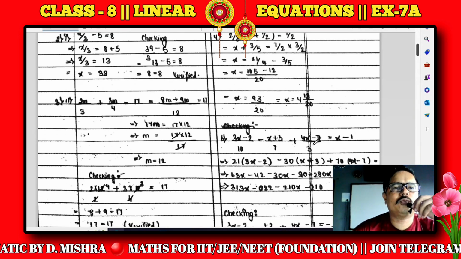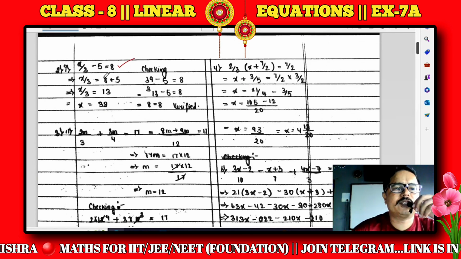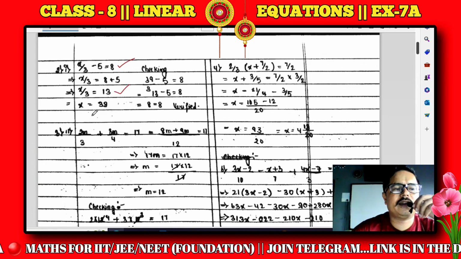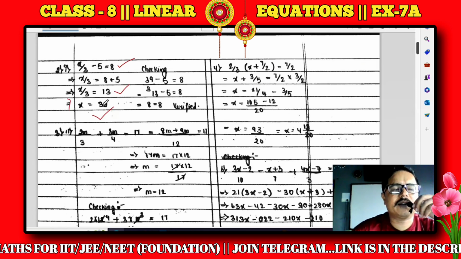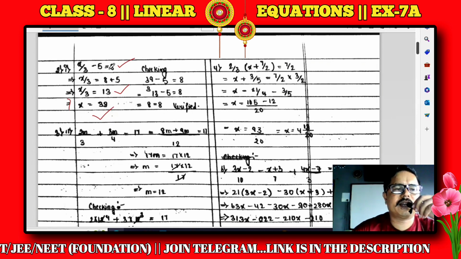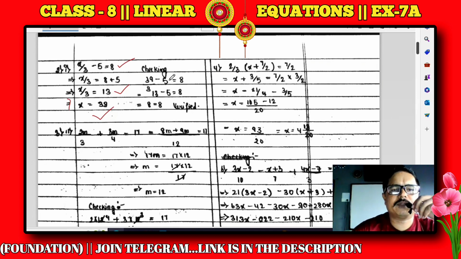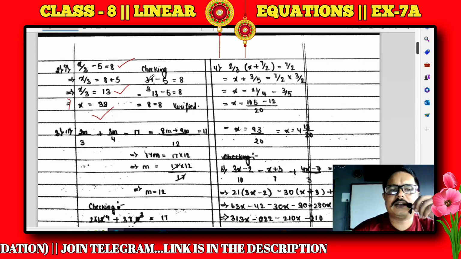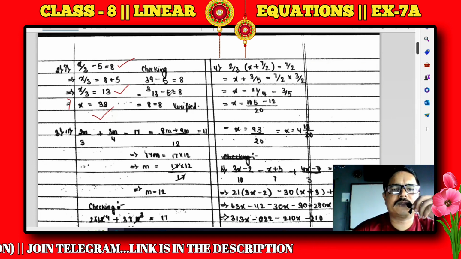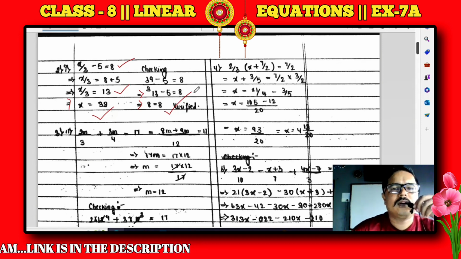Question number 2 1. So here x upon 3 minus 5 is equal to 8. So x upon 3 is equal to 8 plus 5, 13, and here x is equal to 39 has come. So 39 is the answer. While checking, we will just put the value of x in the left side, which is x by 3 minus 5. So x is 39, so 39 by 3 minus 5. So 3 into 13 is 39, so it will be 13 minus 5 is 8, and this side also 8. So 8 is equal to 8, and hence it is verified. Now question number 3 2, right?